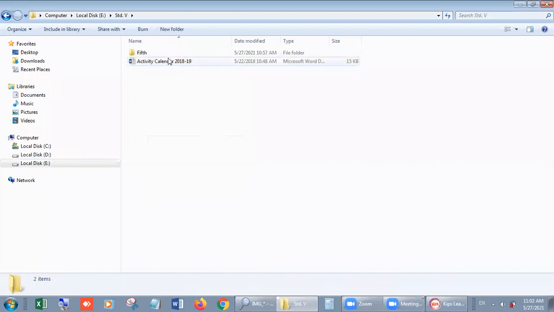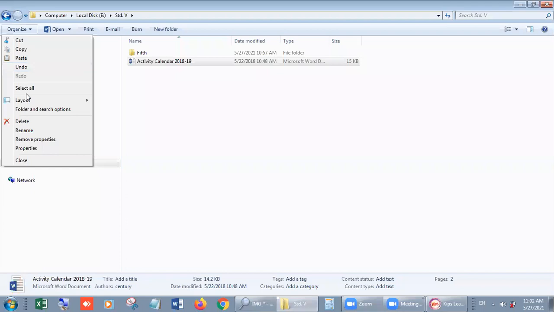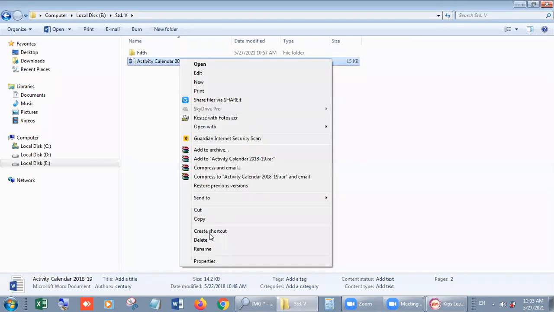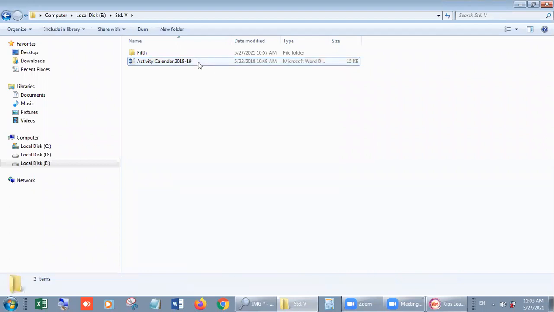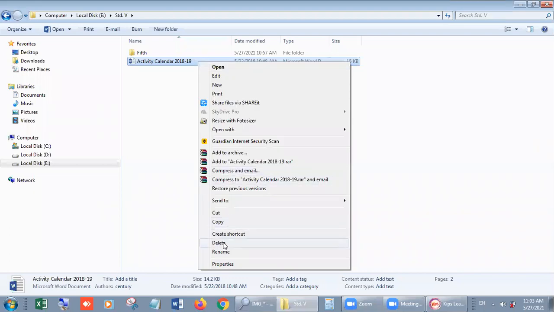Look students, if you want to delete this file, it is very easy. How? Click on it and go on organize and delete, or second option, right click on it and choose delete option. And third is click on it, select it and press delete key from your keyboard. We have 3 options. In all 3 options we will have same message.